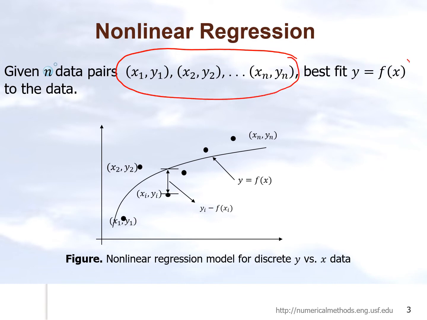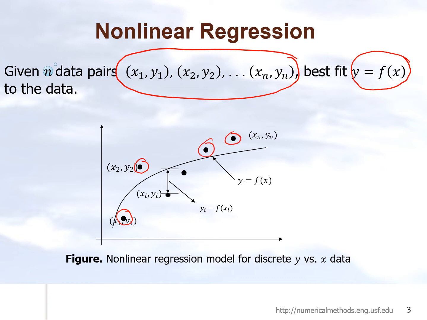And what we want to be able to do is best fit some function f to it, which will have the constants of the regression model in it. So let's suppose if f was a straight line, then the intercept and the slope will be the two constants of the regression model. So it might look different, but it is the same way as we did our linear regression models. So the philosophy is still the same.